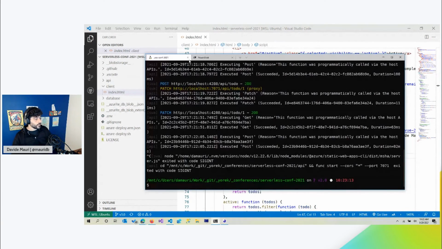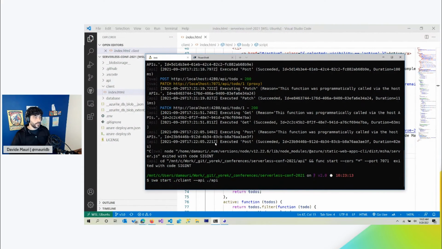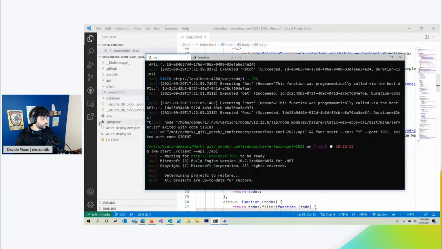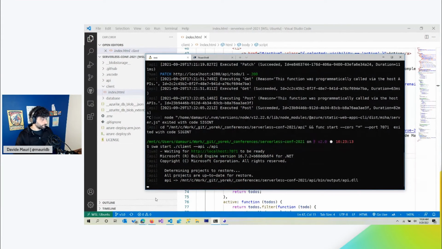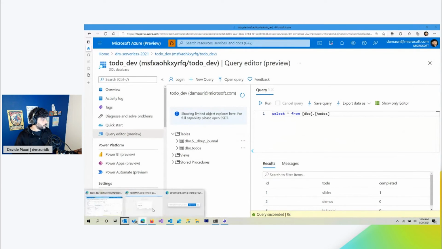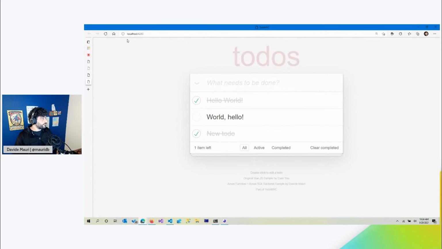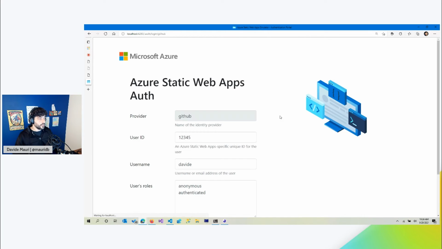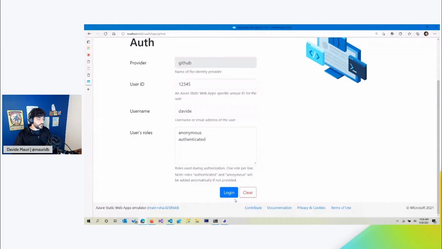Let me show you. So let's go here. Let's start again my simulator with now this additional code, and you will be able to see that everything works perfectly as expected. So just, okay, perfect. Here we go. Let's go to this and refresh. And now you can see that I can log in here. And so let me try to log in. And here I can simulate the fact that I'm logging in with GitHub, and then I can log in,